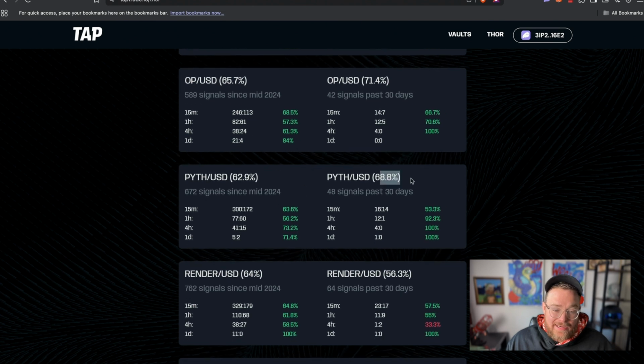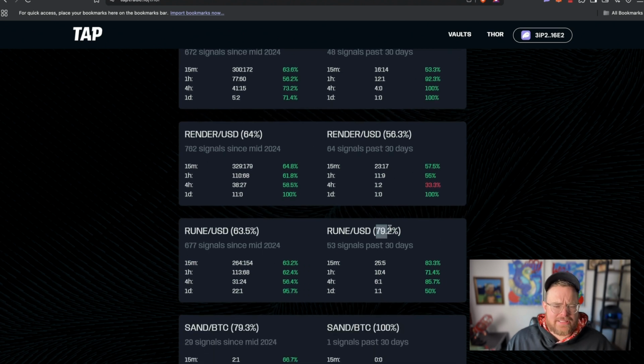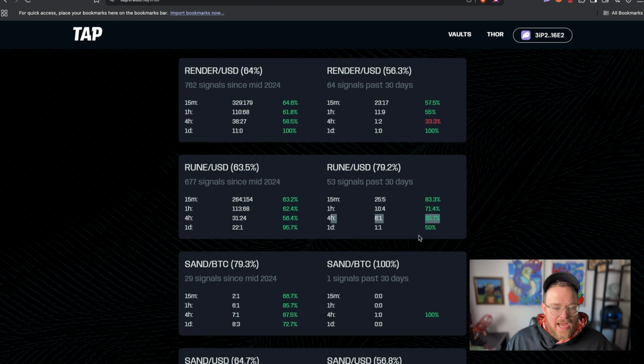Pith at 68% this month. That's great. Optimism at 71% this month. That's awesome. Rune at 79%. WTF, bro. Yeah, wow. 4-hour Rune signals have been hitting like a sledgehammer. 85%. That's awesome. I had largely stopped trading Rune after their big,